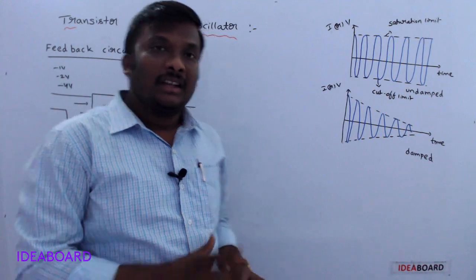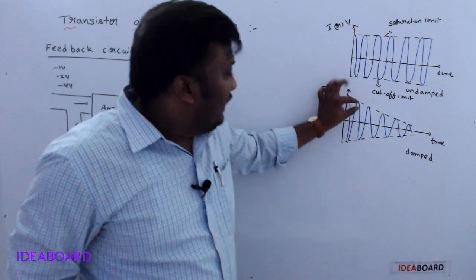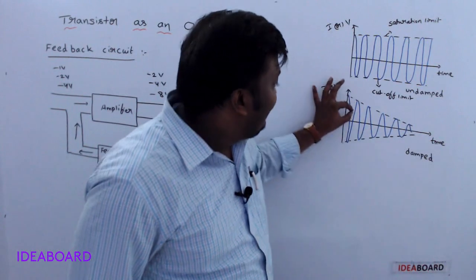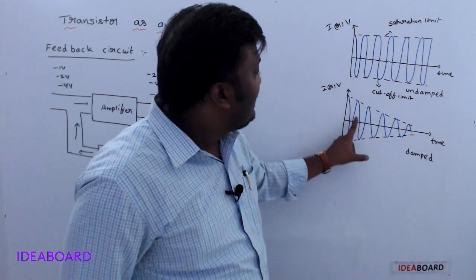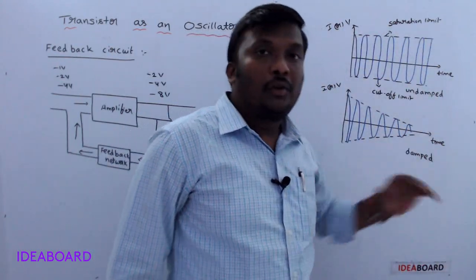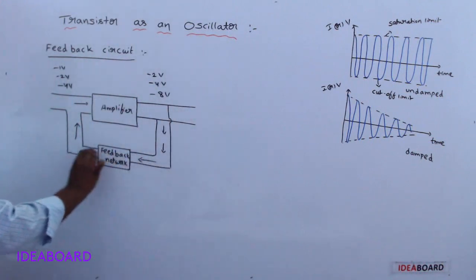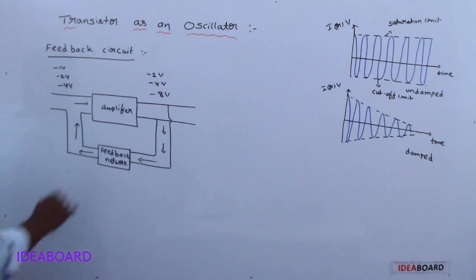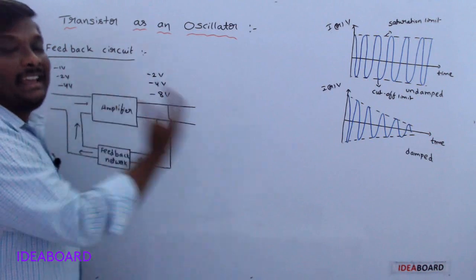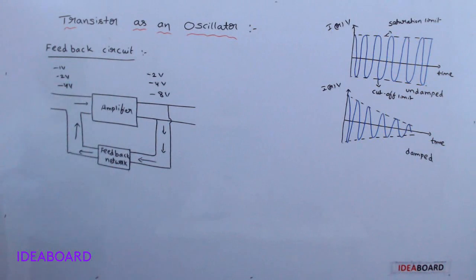Do you understand? So in feedback, what is the main purpose of using feedback? Damping oscillations are observed, and the strength of these damped waves is increased from the initial value. Some fraction of the output is fed back to the input of the amplifier, then the voltage or current increases. So this is the feedback circuit.